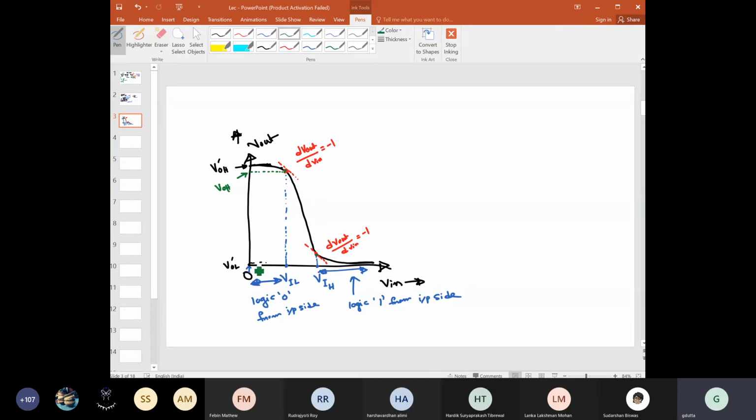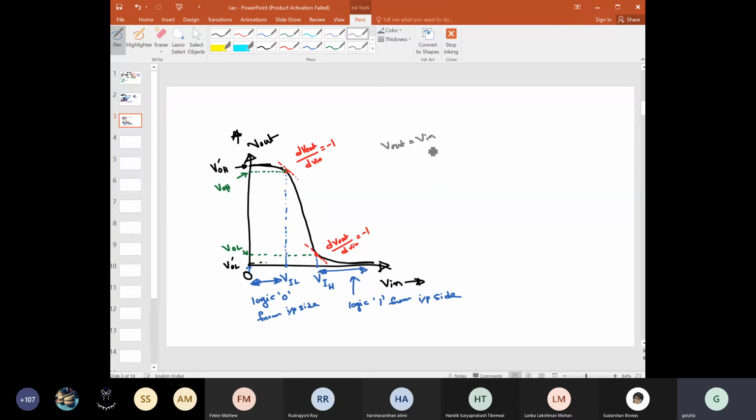Then similarly from here, if you take a line on this axis and say this is VOL, then this point VOL is the output voltage when the input voltage is VIH, right? So we have also added 2 more points in this voltage transfer characteristics. Another thing is that this is V out and this is V in. If we now plot a line which corresponds to V out equal to V in,